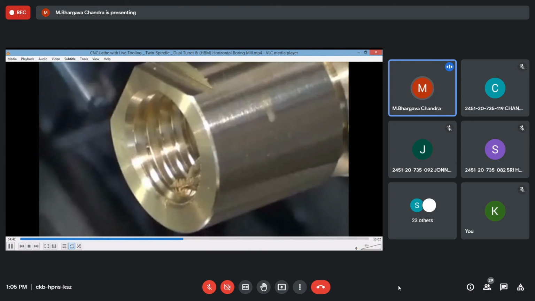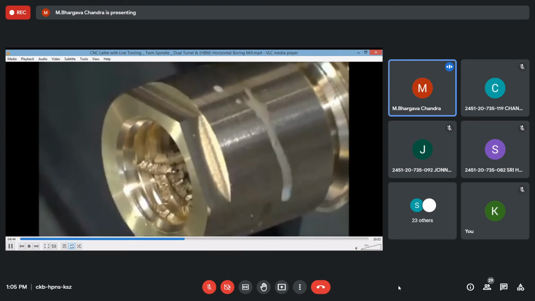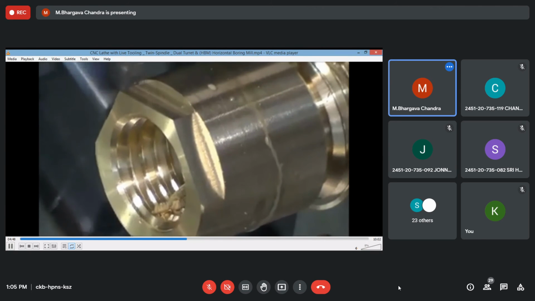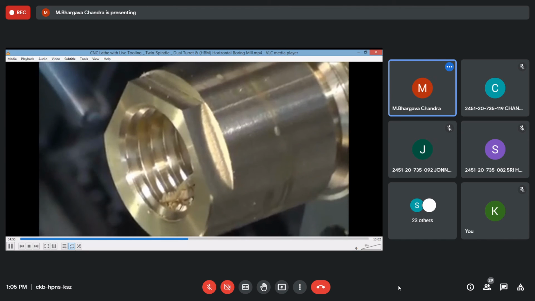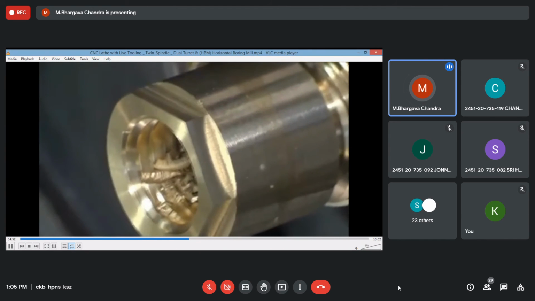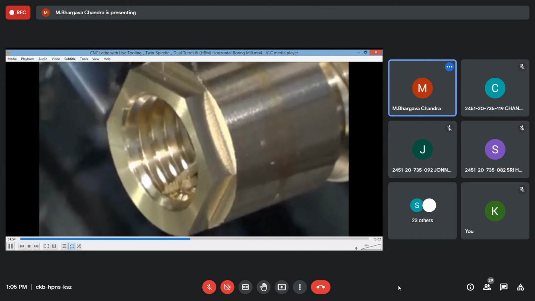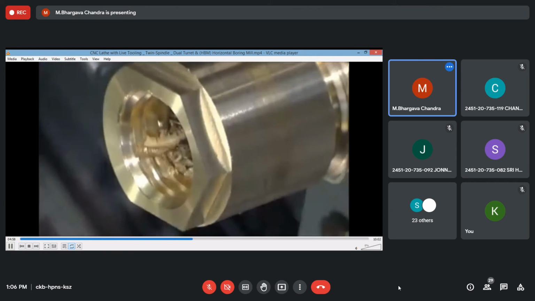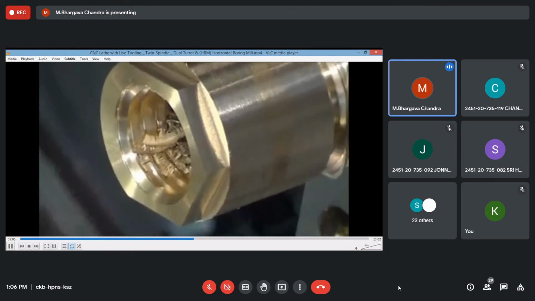Hexagonal finishing is being created on the surface, which is not possible on your normal lathe machine. Again, you would have to remove the component and take it to a milling center and create this type of shape.